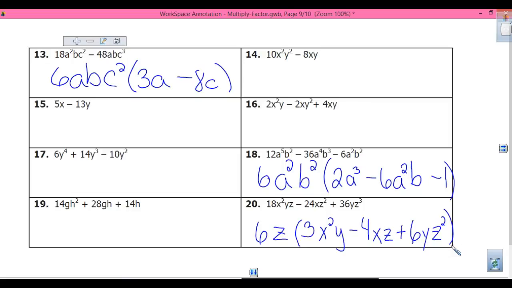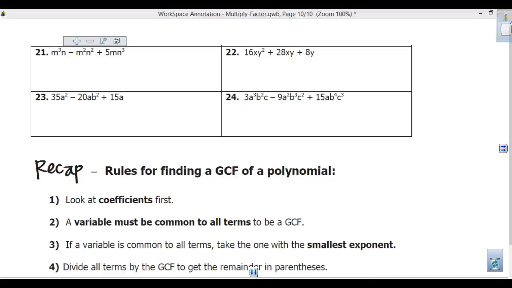You can take it out. Yep, you can divide by it. Okay, but it has to be in all 3 terms. Okay, good question. So let's take a look at